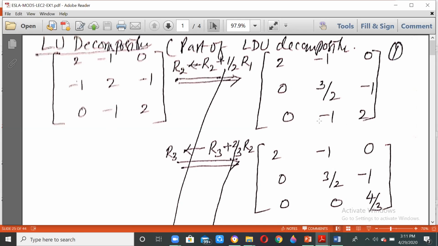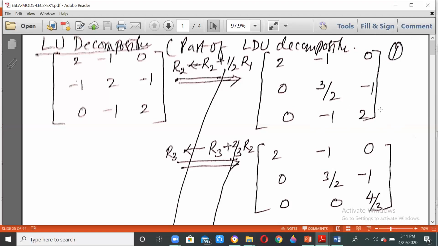Then next, we have got a pivot over here, which is 2. Next, we need to make this the pivot. For that, we should convert this value to 0. So to convert this value to 0, naturally, again, what we need to do is multiply this by 2/3 and add to it. So R3 plus 2/3 R2 will go into R3, and that will make naturally,